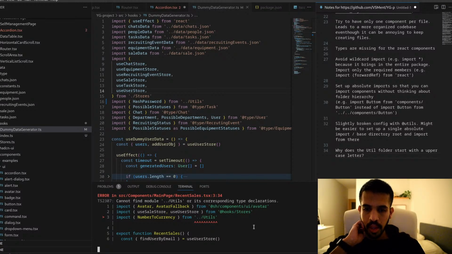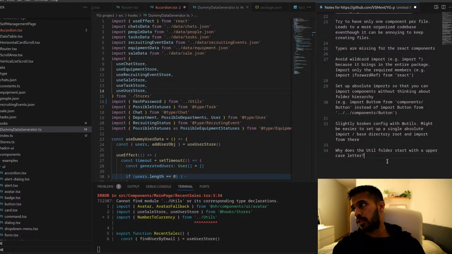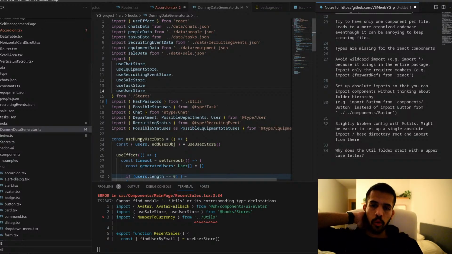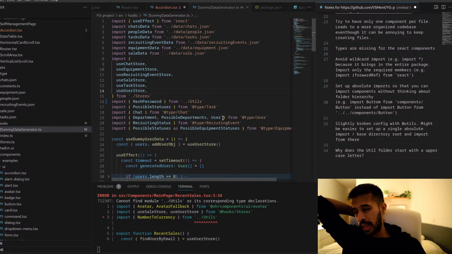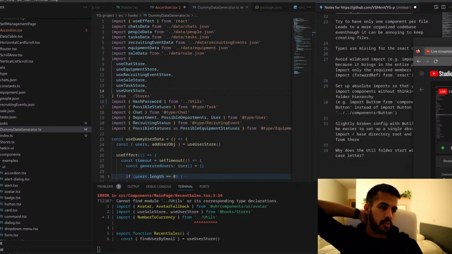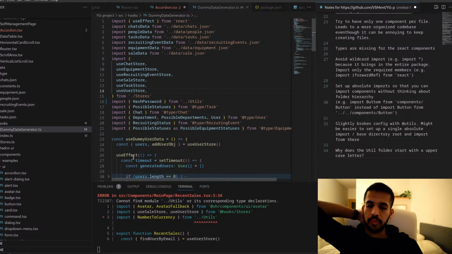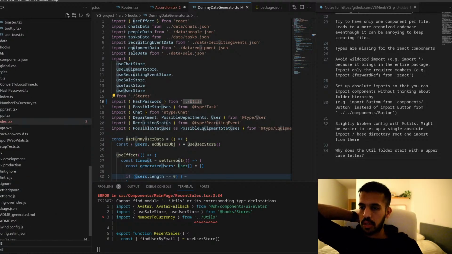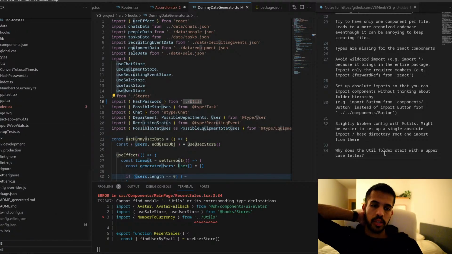Probably the answer is that he wrote this project on Windows, and Windows is case insensitive, so if you run most of this code on Windows, they just don't care about the capitalization. It just runs regardless. So probably the case was missed when it was being set up.